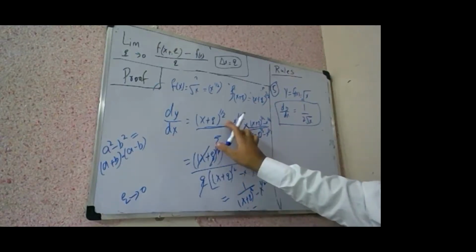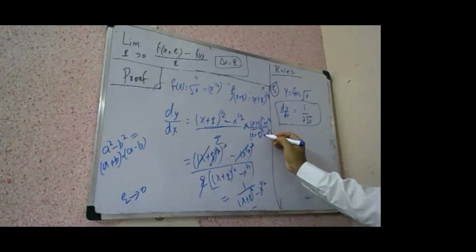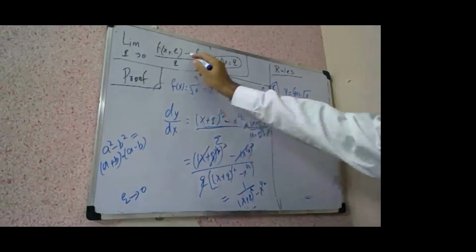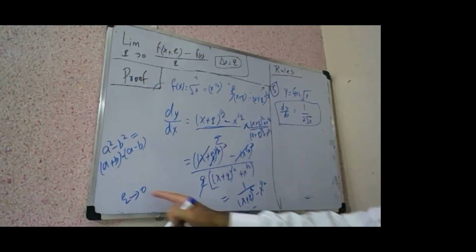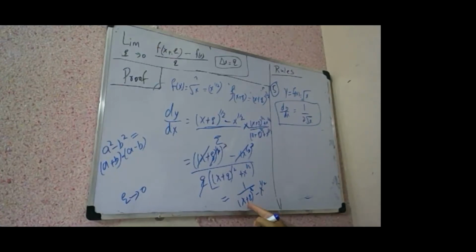Oh, this is minus actually. So here we will do with the plus. Yeah, because this is minus. So now it's right. So here it's plus. So if epsilon tends to 0, this will be the same function x. So can I write this 1 upon x